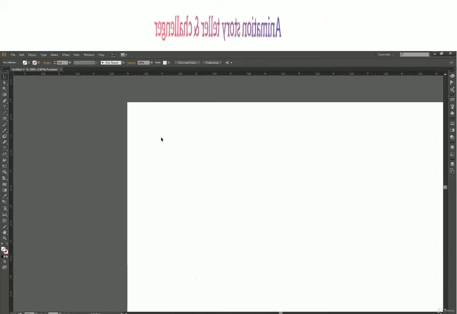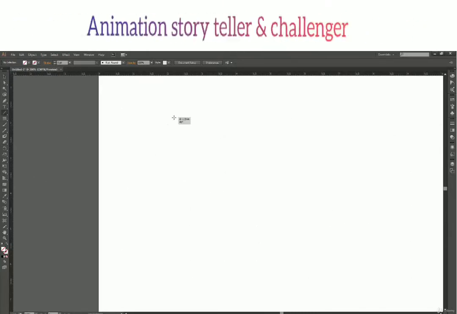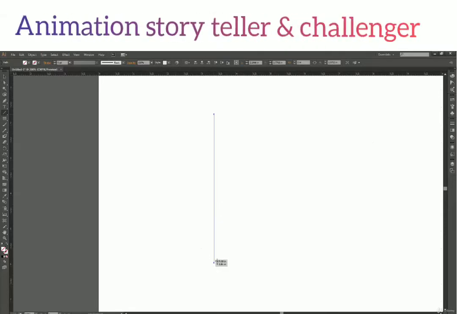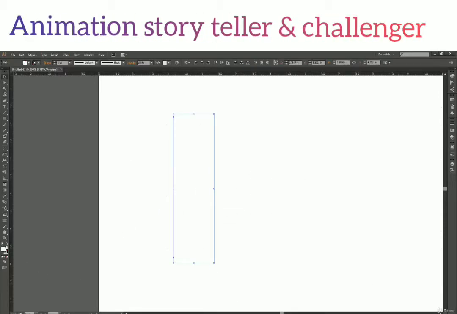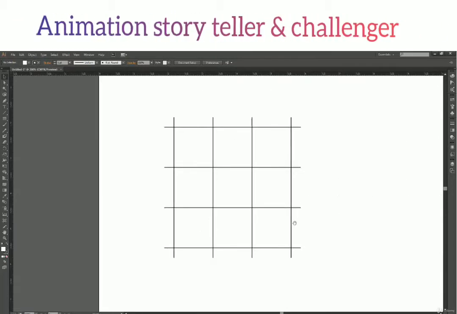What it does is it creates a point at every intersection. So it would be better if I draw it for you. Let's say this is our guide. And right now I'll just hide the guide. The dots are behind it.